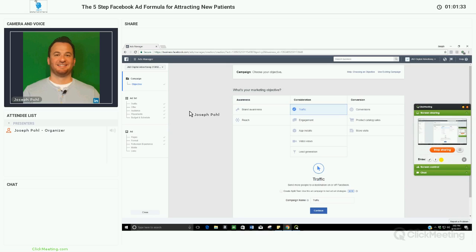But I hope that this one was a little different from what you're used to, and you got a lot of valuable information. I truly believe this 5-step guide makes it a little bit easier if you're just starting off with Facebook advertising, because a lot of it doesn't involve any kind of highly technical analytical skills or Facebook pixels, which can get a little confusing unless you have somebody there who's familiar with it marketing wise. But this you can do without all that